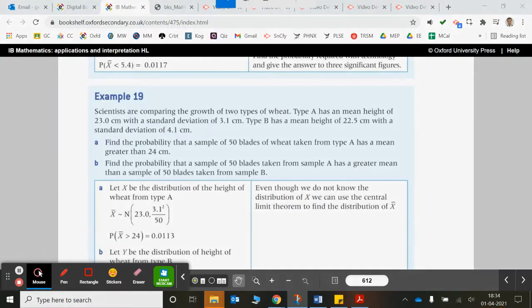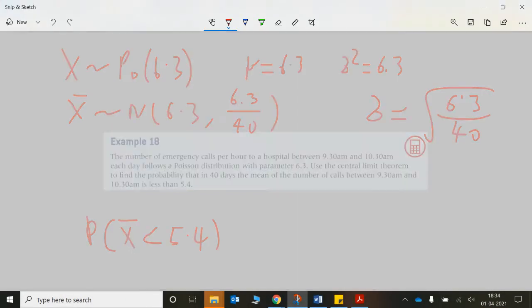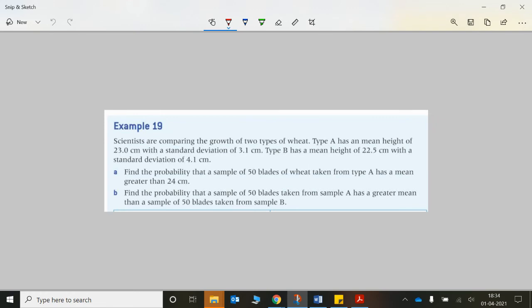You can get some practice with the questions. So example 19. So we've got scientists are comparing the growth of two types of wheat. Type A has a mean height of 23 centimeters and a standard deviation of 3.1 centimeters. Type B has a mean height of 22.5 centimeters with a standard deviation of 4.1 centimeters. Okay, so let's call it A and B. Okay, let's call it A, distributed with a normal distribution 23, standard deviation of 3.1, so 3.1 squared there,